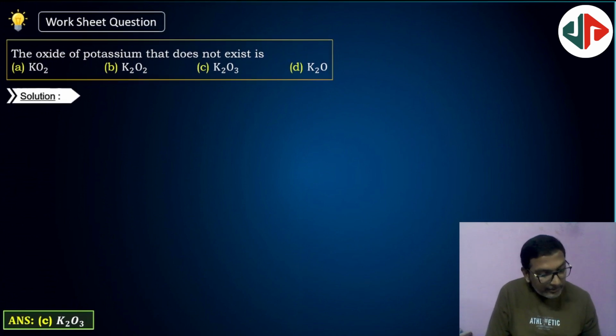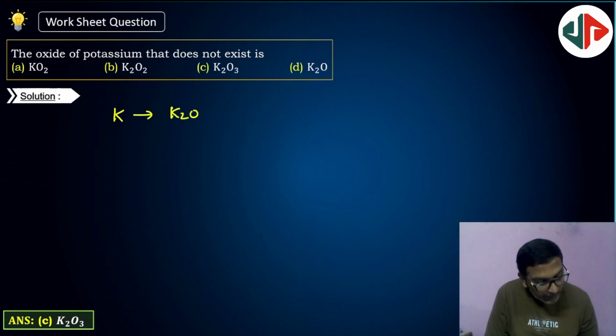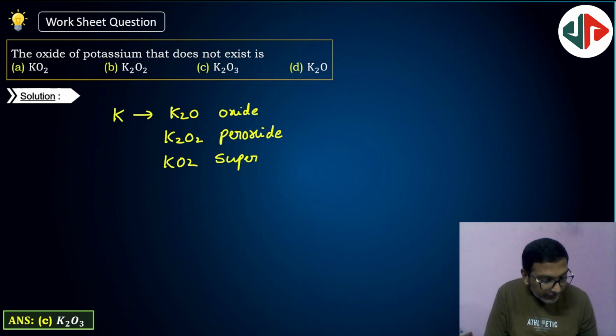Which oxide of potassium does not exist? For potassium we can write K2O oxide, K2O2 peroxide and KO2 superoxide. These are the possible oxides for potassium. So K2O3 is not possible, it does not exist for potassium. Next,